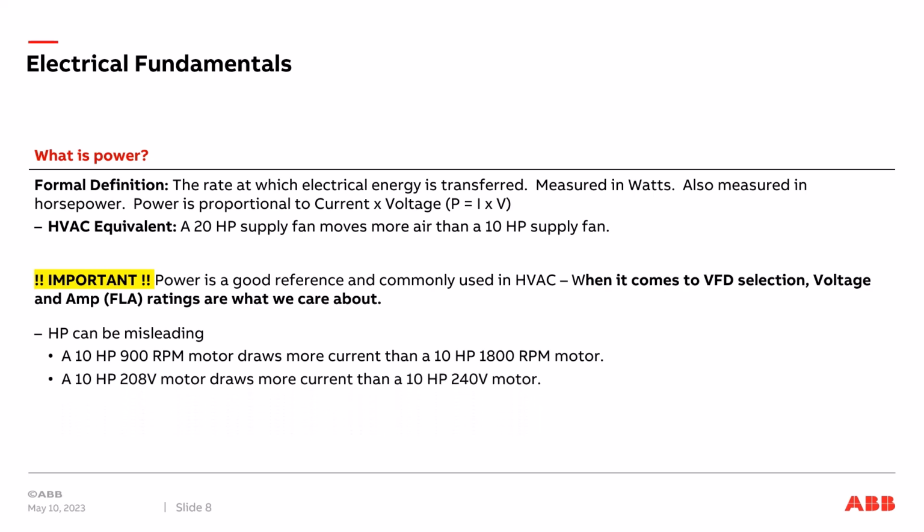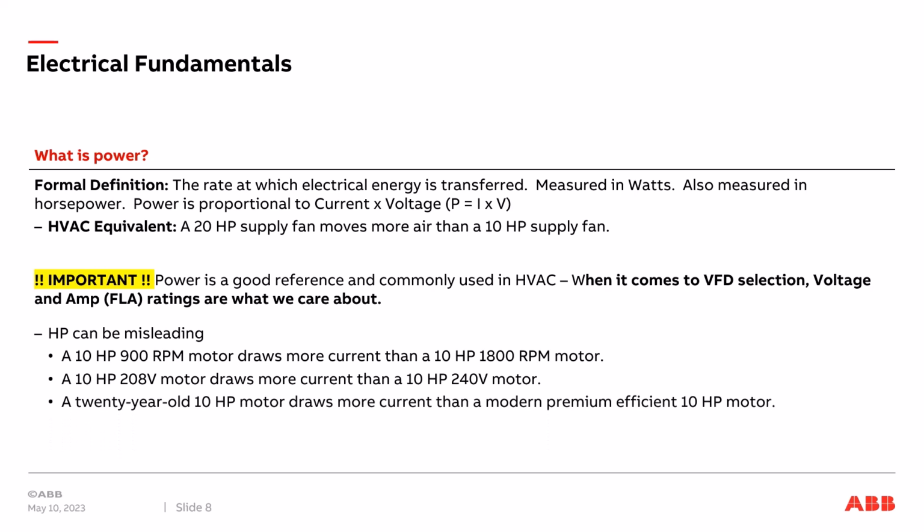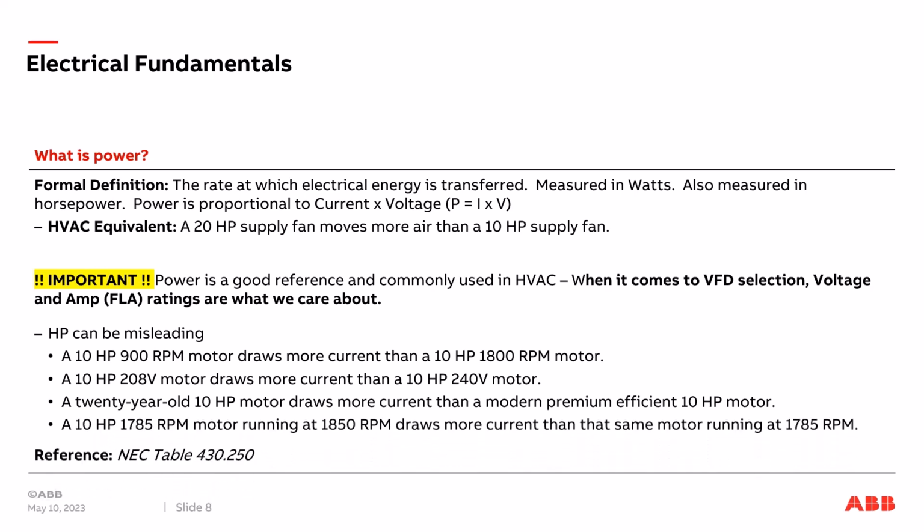A 10 horsepower 208 volt motor draws more current than a 10 horsepower 240 volt motor, and a 20-year-old 10 horsepower motor draws more current than a modern premium efficiency motor. A 10 horsepower 1785 RPM motor running at 1850 RPM draws more current than the same motor running at 1785 RPM. So we can refer to the NEC table